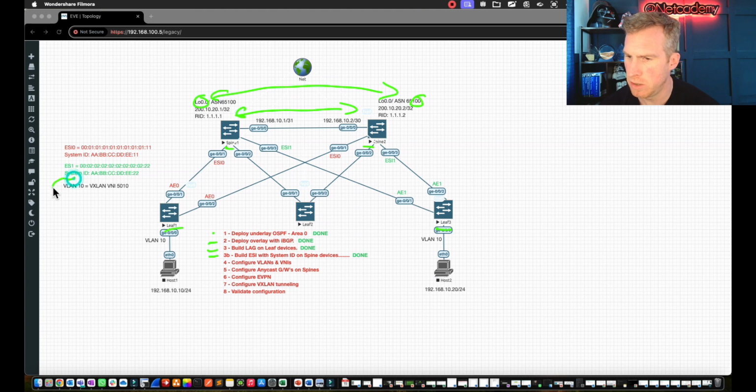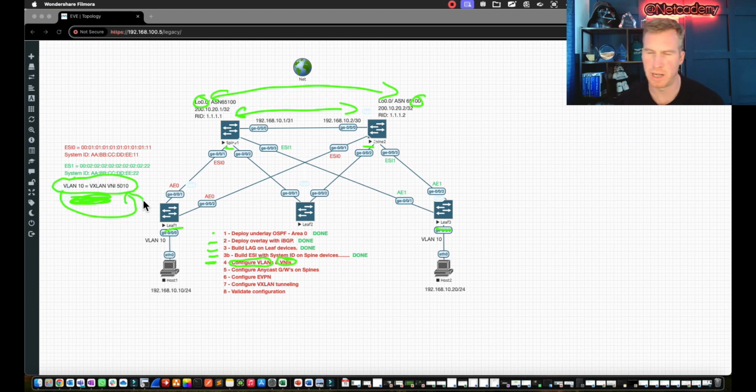Now what you can see that's new here is I've added in the VNI. So on step 4, we're actually going to configure the VLANs and VNIs. I got a bit ahead of myself in the last step. I configured the VLANs, but you know, we're all human, doesn't matter. But now we need to configure the VLANs, which has already been done, but actually associate those virtual network identifiers, which is what VXLAN uses to identify that tunnel, to a VLAN. Hence, I've entered this in here so you can see VLAN 10 is being associated to virtual network identifier, or VNI,